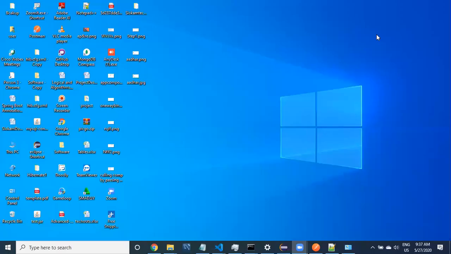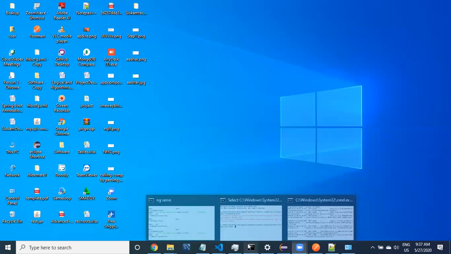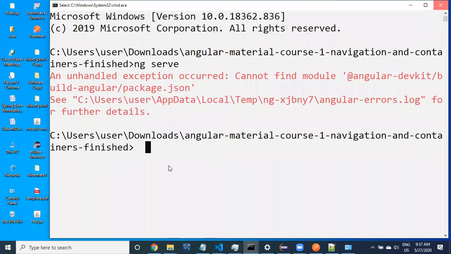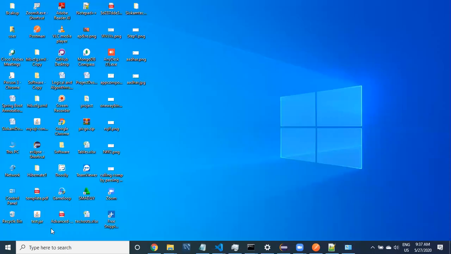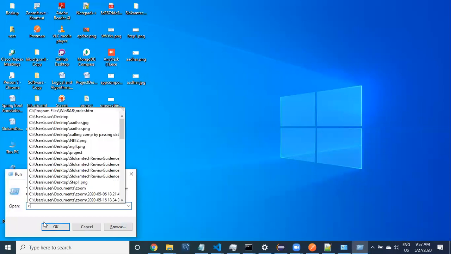Whatever steps we have done, to check whether the steps are perfectly done or not, you can open any command prompt. To open the command prompt, type cmd.